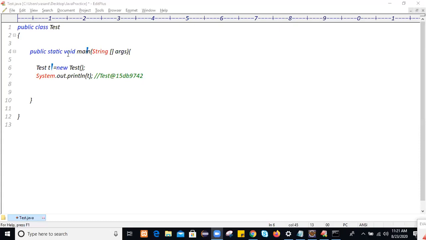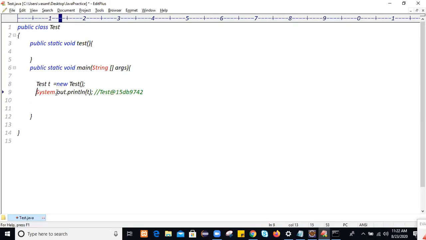Yeah, see, next is what? You created the local variable within the main method. You try to access that local variable outside the main method. If you try to access this local reference variable outside the main method, within this test area, what will happen? How to call that test area? Just use class name dot method name. This is called a static method calling statement.